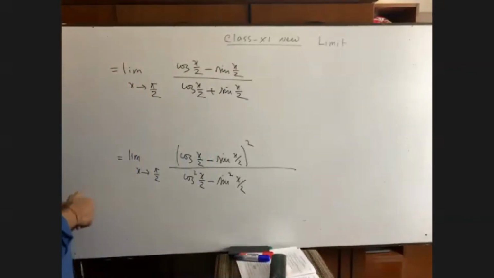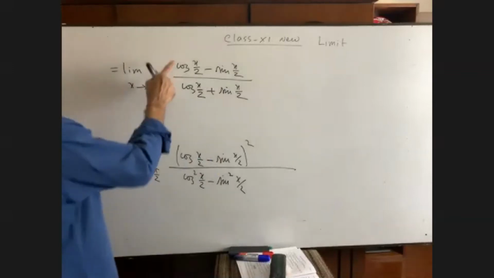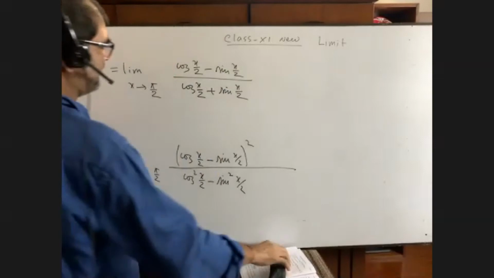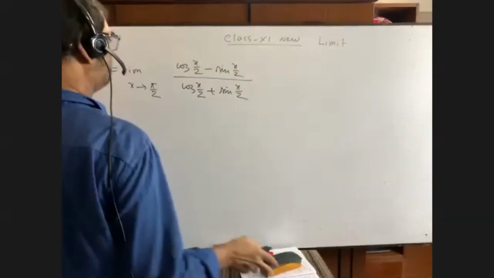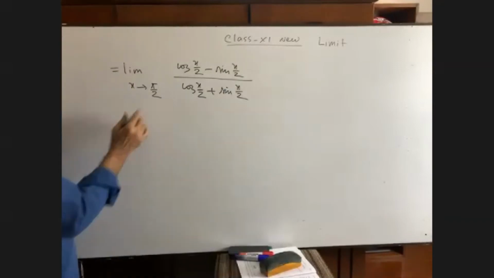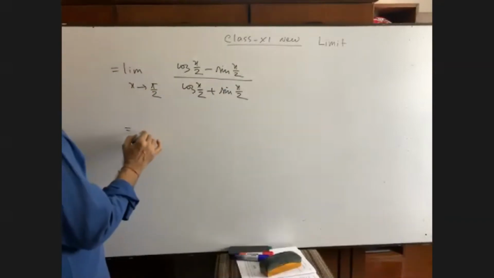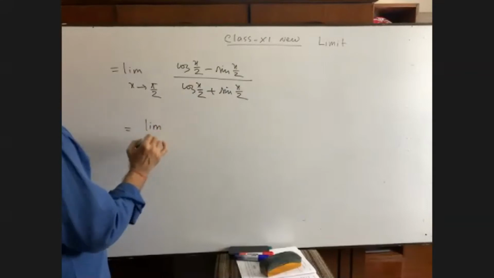But we are not getting 0 here. Okay sir, 0 will be there. How? Cos 45 minus sin 45, so 0 comes. Oh my god, right you are. I am telling it is only zero. Yes, so you're right. I am sorry because I am putting the value. Anyway, I'll not do it. I'll make it very easy again.